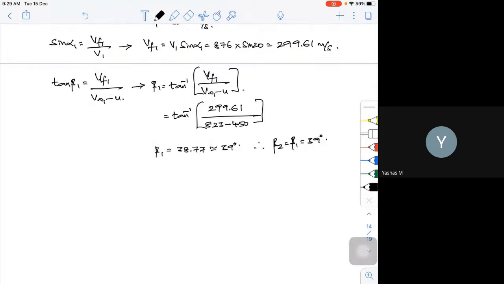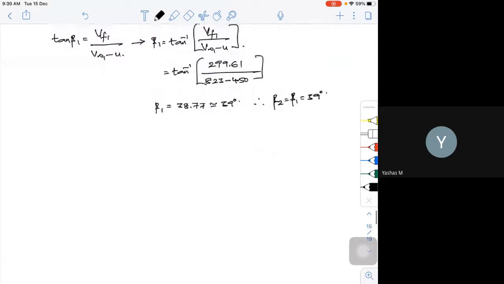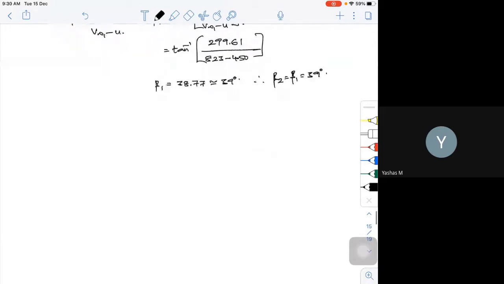What is the formula for the mass flow rate? Mass flow rate m dot is equal to rho A into velocity. Here velocity is your Vf. The area of the flow they gave as 0.24 meters square. Now how to find the density? Look at this, this is for steam. What I am supposed to do is go to your steam tables.